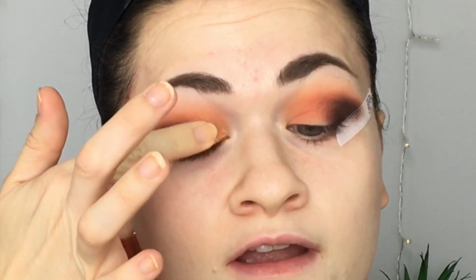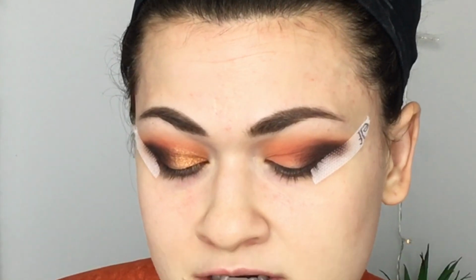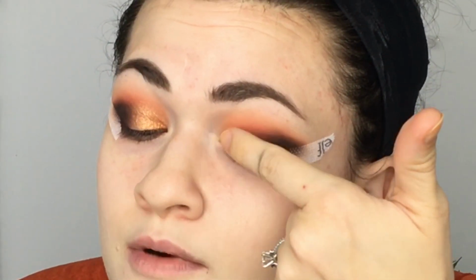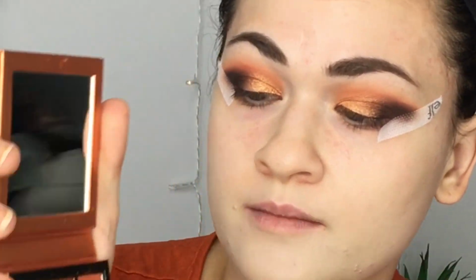And I mean, really, finger application is my preferred method, but when people click on things to watch, they want to watch something intense that they can't do. But since I am kind of trying to talk through how I'm doing it, I think this is just the most realistic. All right, now that that's more on the central to mid lid,